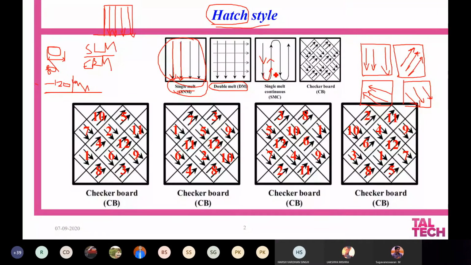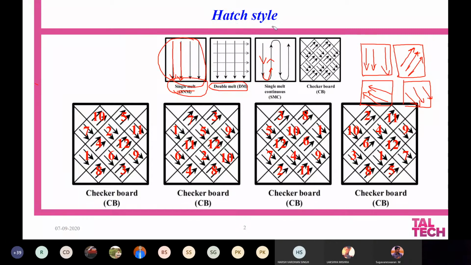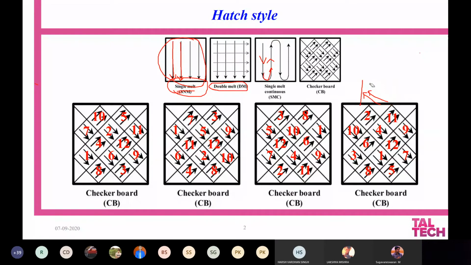So this has its own advantage and disadvantage compared to the single melt hairstyle. The most complicated of those strategies which people used is known as the checkerboard hair strategy, or chessboard hair strategy, where you split the entire area into several small islands and each island is melted in different sequences. For instance, you can see a figure here